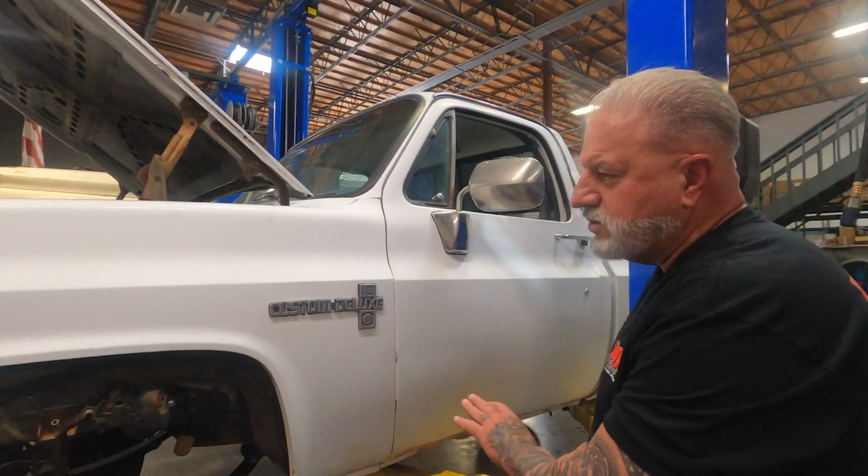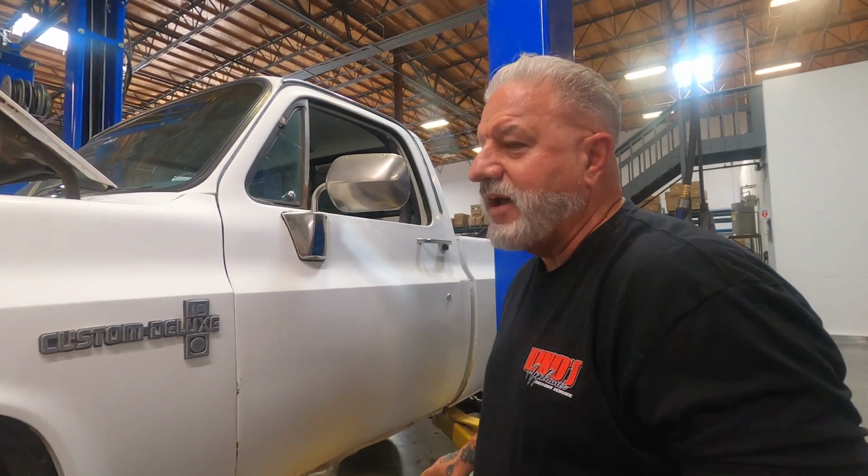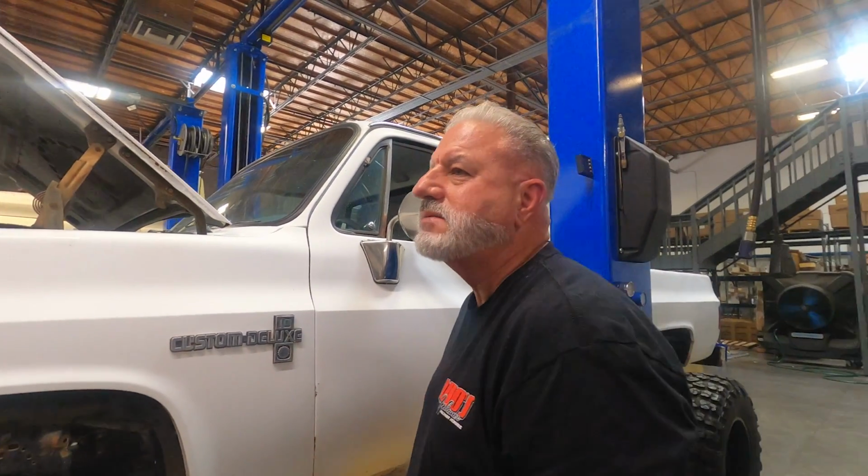Yeah, I'm not too worried about it. I'd rather make it run good and drive safe, you know, and all that. If I'm going to spend time, I'll buy a crate motor. We'll switch out the crate motor. But you know what happens when that happens? Oh, then the transmission seal and